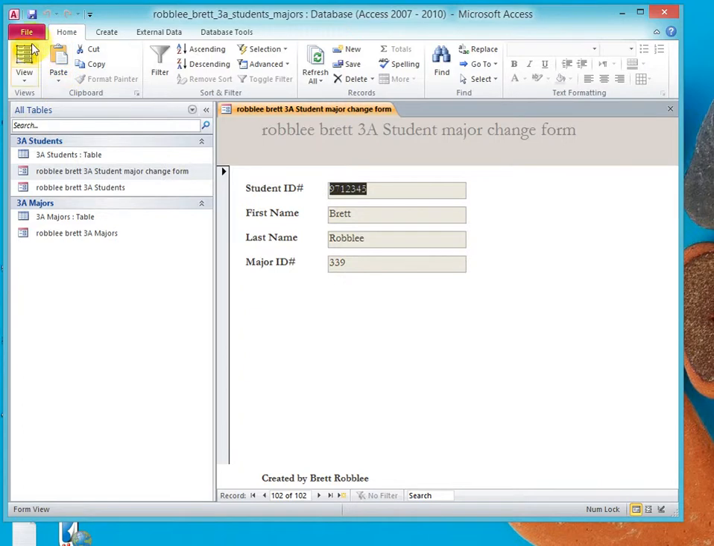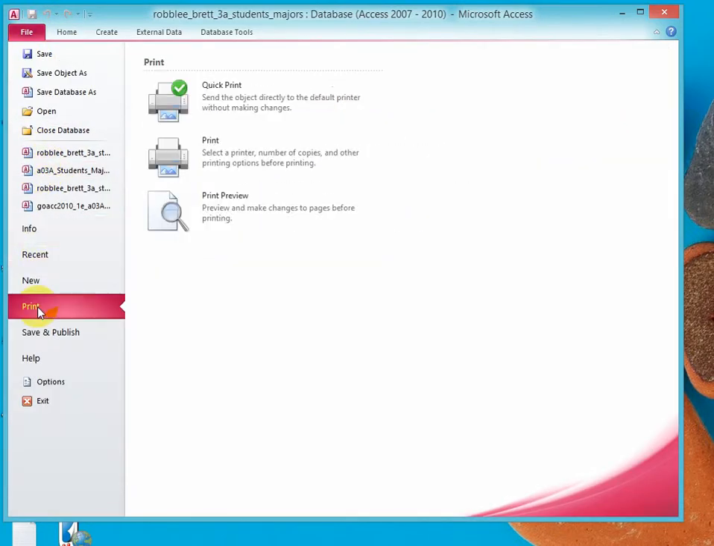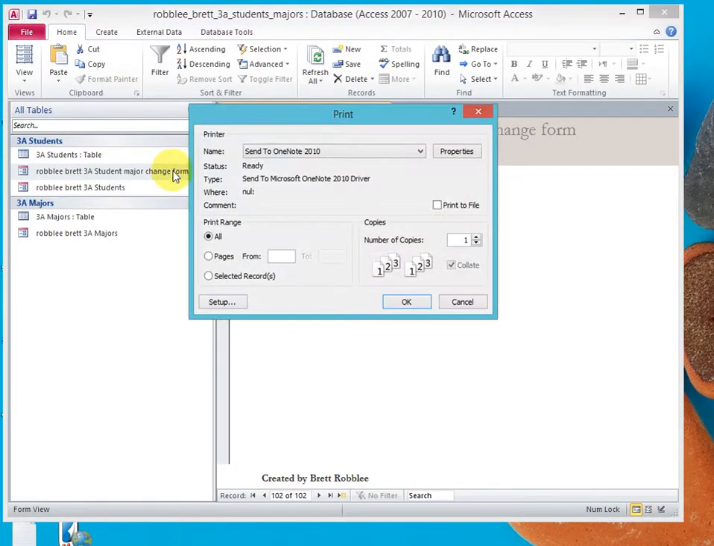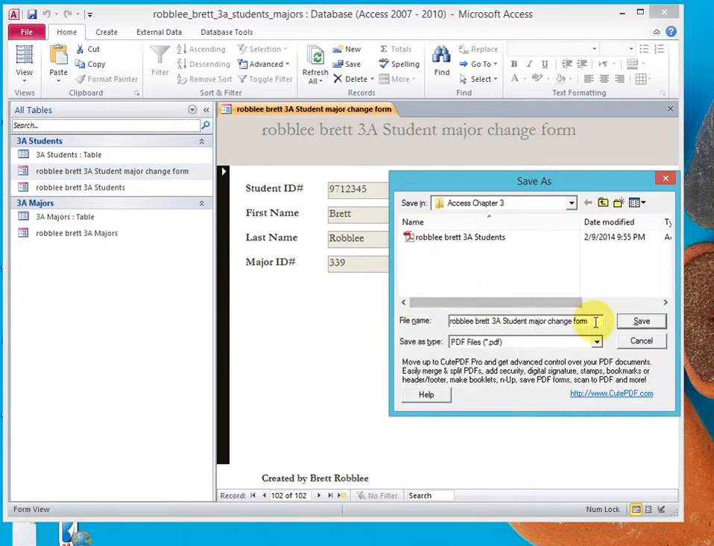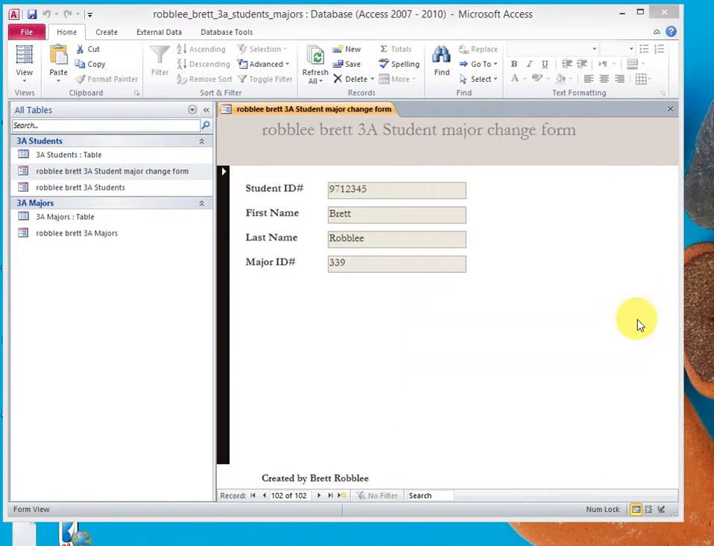Now let's go to File, Print. Let's go to Print here. In the print range, that's here, we'll click Selected Record, and then send this out to the PDF writer. And I'll send it to my Chapter 3. Now I'm going to go navigate there,